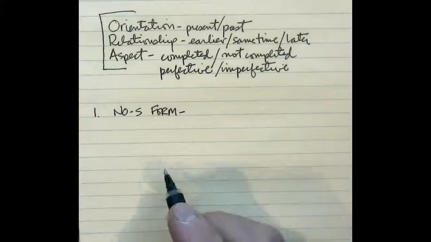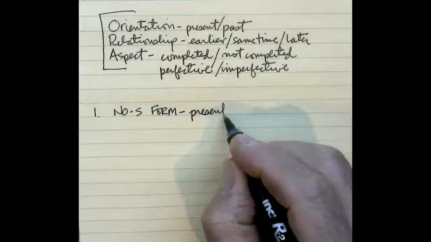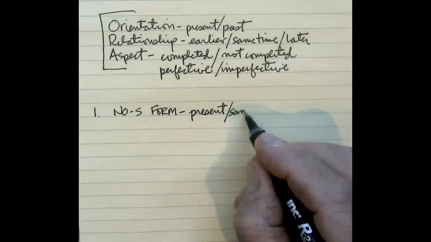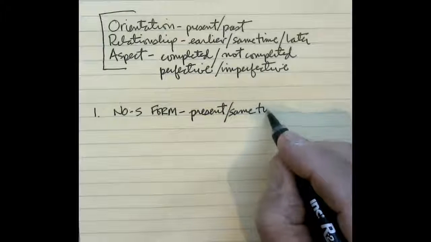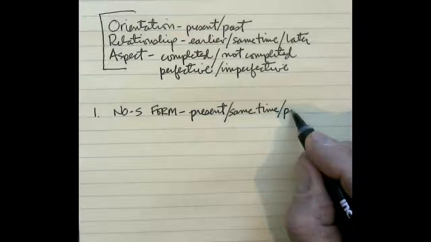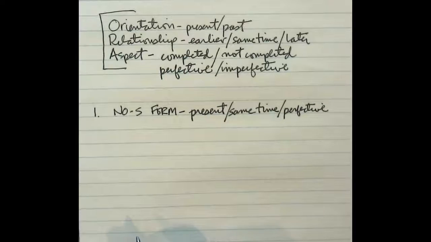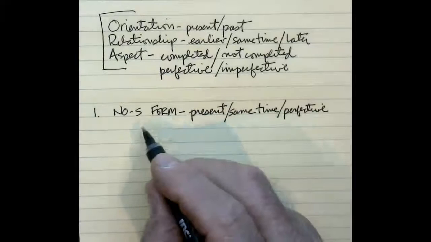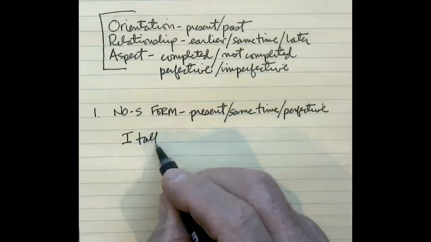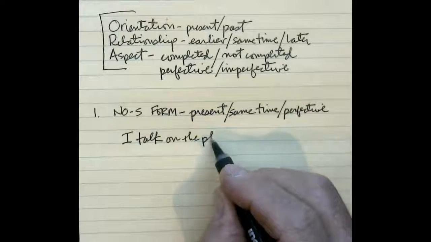And this is the form we use when the orientation is present, when the relationship is same time, and when the aspect is perfective. So, for example, I talk on the phone